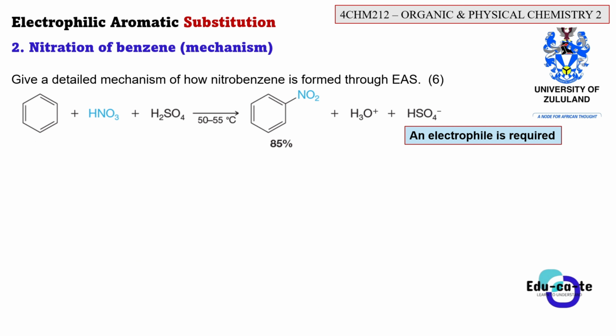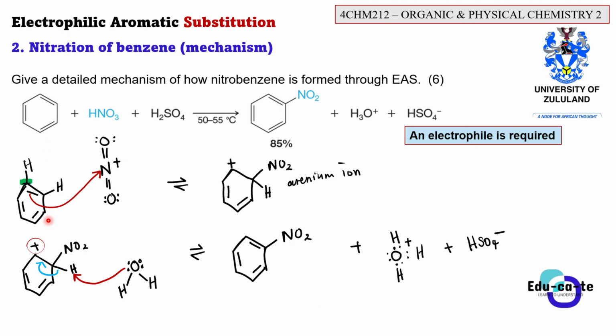We can now react it with the benzene ring. We take our benzene ring, it acts as a nucleophile, we react with the NO2 plus. Then we take the electrons of the benzene ring from one of the pi electrons in these double bonds and we bond it to this nitrogen. So now we take the NO2 and put it here. There's a hydrogen still here. But this carbon here has lost one bond, so it will have a positive formal charge. So this is now known as an arenium ion. I repeat, it's an arenium ion.